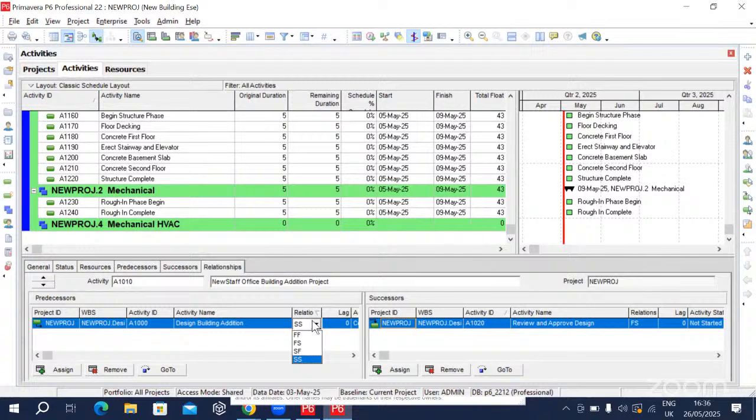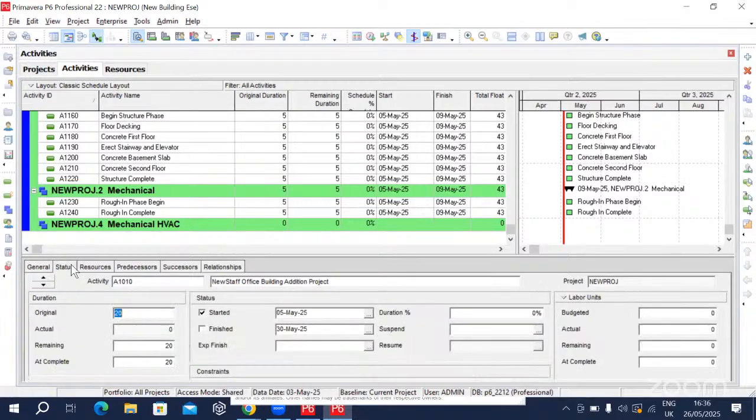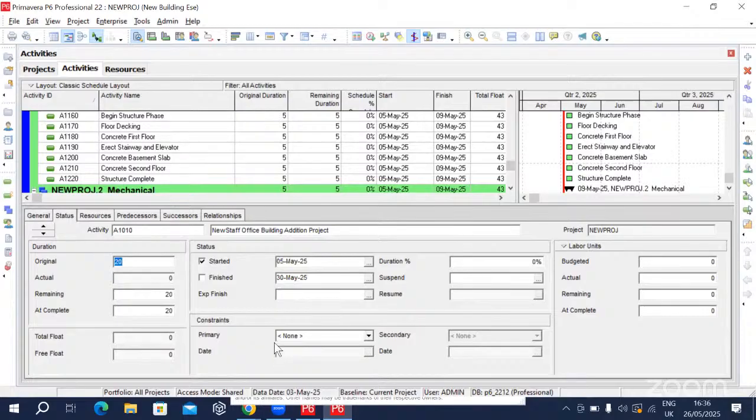Something else I want to show you again. Go to the status tab. Go to constraints at the bottom of status. Increase this a little bit, move that up a little bit so we can see the bottom. If you click on that primary constraints, click down. Those things: as late as possible, finish on or after, finish on or before,